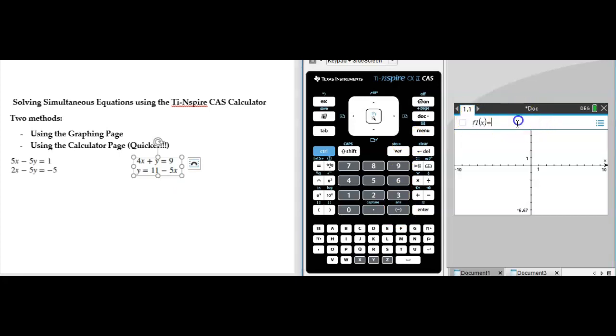The reason I'm going to start with that is because my calculator always has a graphing page in the format of y equals something. Now y is nothing but a function of x. That's why the calculator reads f1 of x, which basically means the first function of x in this particular case. So 11 minus 5 times x. Now that I've sketched my first graph, I need to sketch my second line, which is 4x plus y